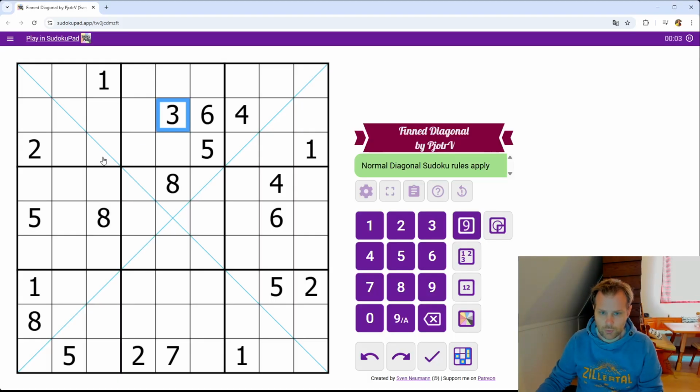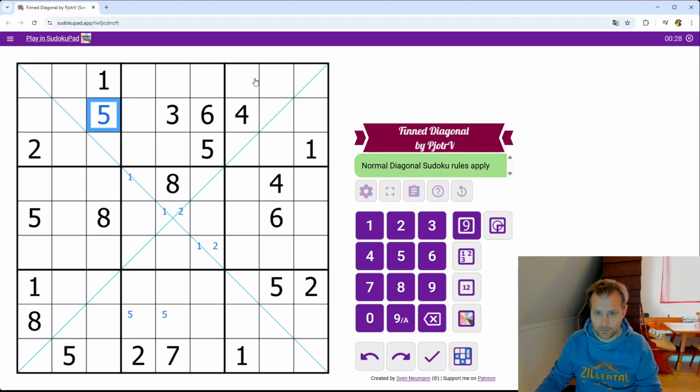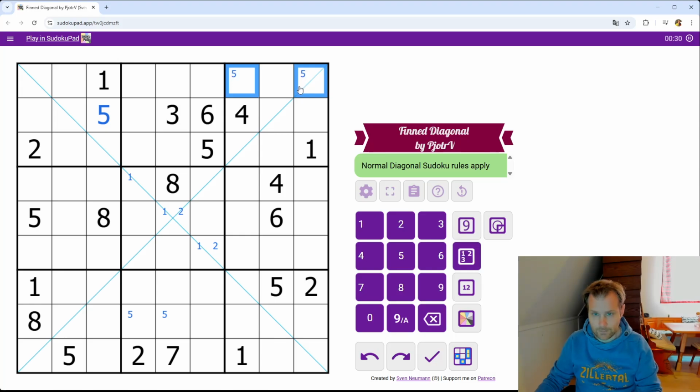Alright, so what can we do? We can see immediately the 1s and the 2s are not on the diagonal in box 1 and 9, so those must be here. Furthermore, there are some 5s in the puzzle, so let's see where they can end up. In here, and in here,